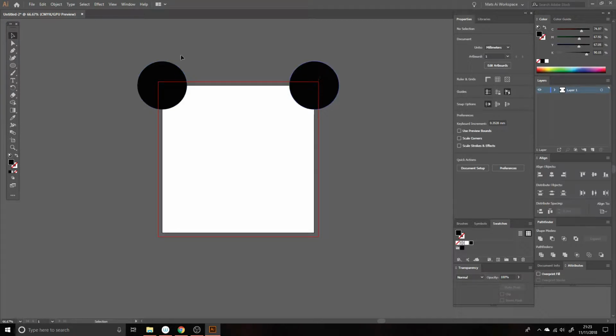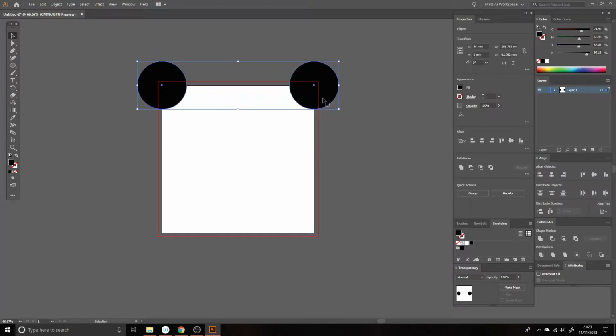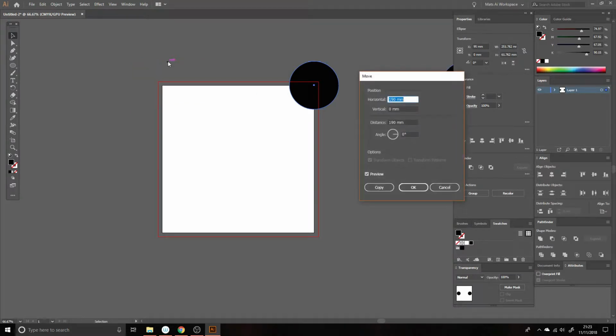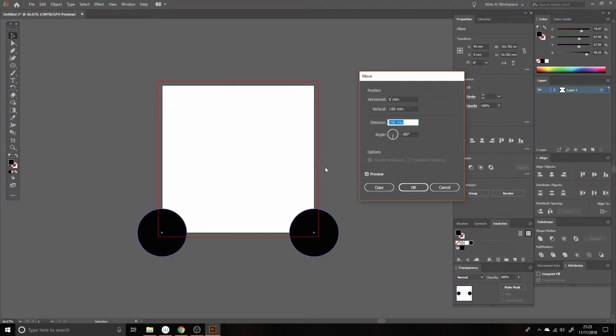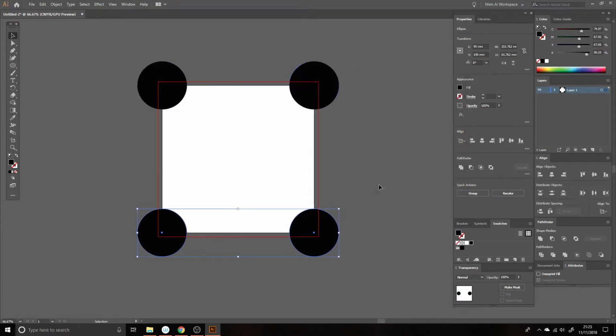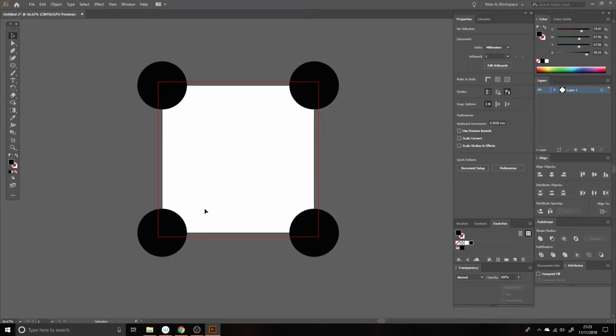And then we want to copy these two down, so we know this is a 190 by 190 artboard again, so we click enter. So we don't want it to go horizontal at all, we just want it to go 190 down. Click copy again, and then it's just a case of